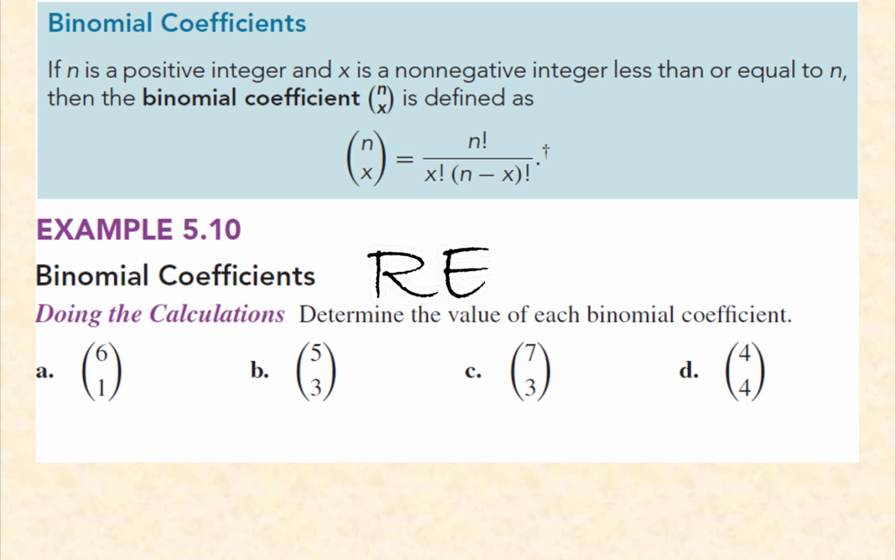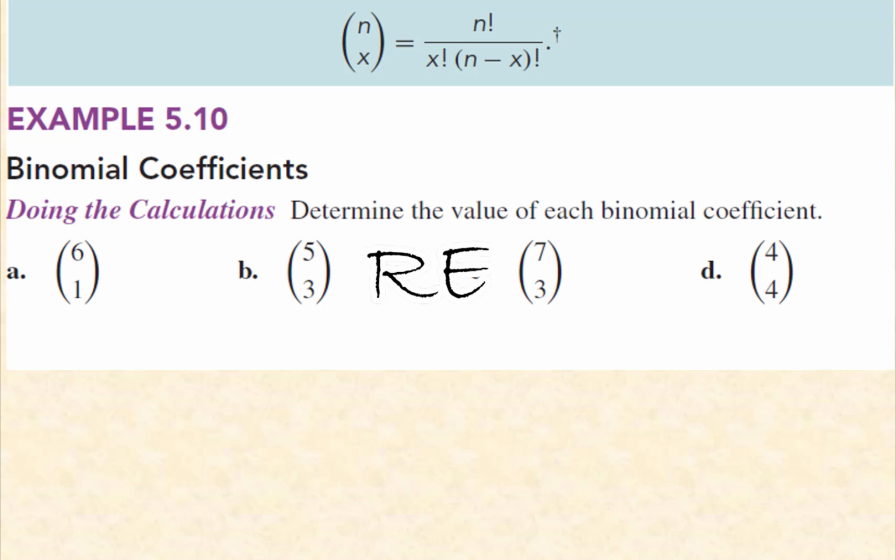If n is a positive integer and x is a non-negative integer less than or equal to n, the binomial coefficient is defined as the combination n choose x, which is equal to n factorial divided by x factorial times n minus x factorial. Out of 6, choose 1. The binomial coefficient will be